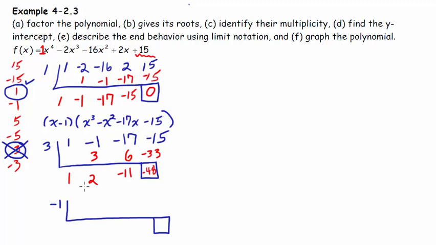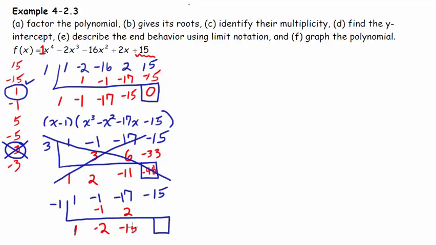So my coefficients here, see this one didn't work, right? So I'm just going to get rid of that one. Alright, my coefficients are 1, -1, -17, -15. Alright, so I'm going to bring down my 1. -1 times 1 gives me -1, add and I get -2. -1 times -2 is +2, I add and I get -15. -1 times -15 is +15, and we get a remainder of 0, which is what we were hoping for